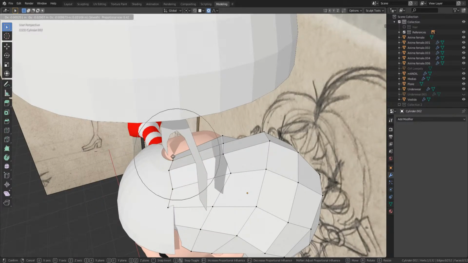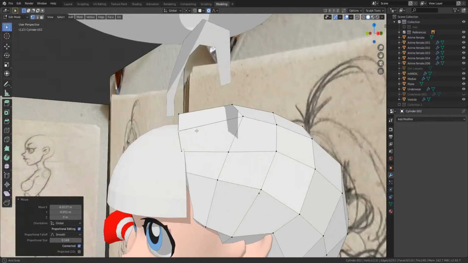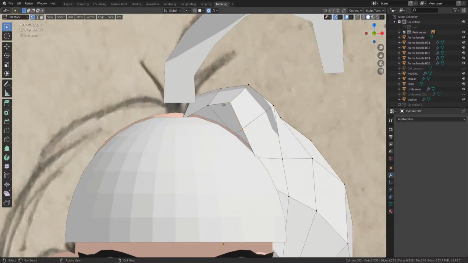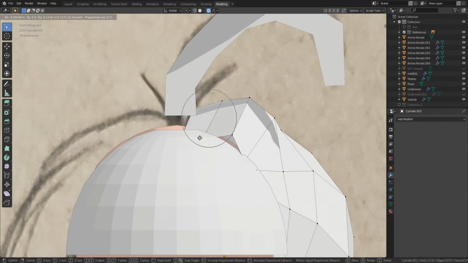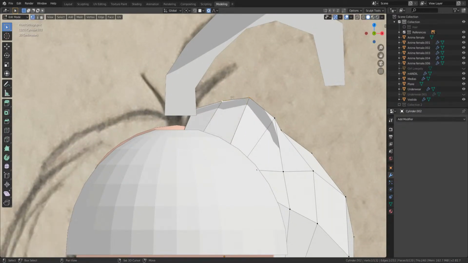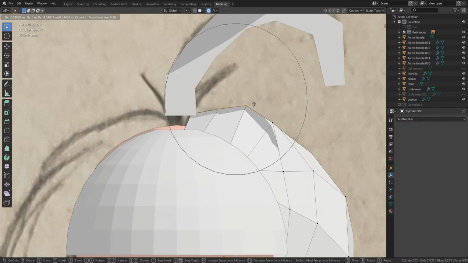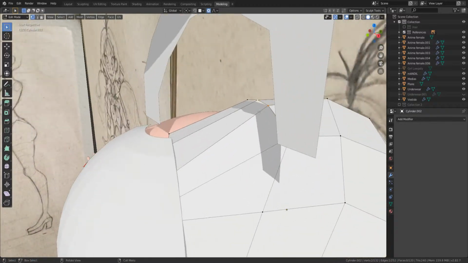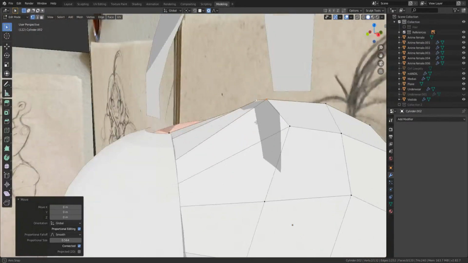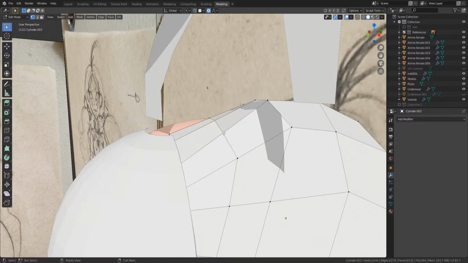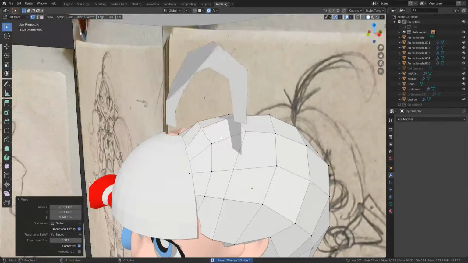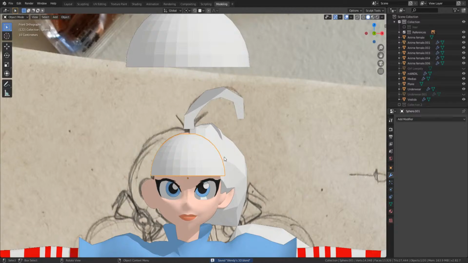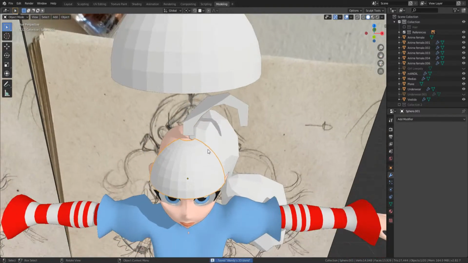The closer I get the shape to the final, the better, because this tool, now that I've been testing and using it, saves me a lot of time, because doing the hair one strand at a time is just ridiculously time consuming. So just to see what I'm talking about with this tool, if I select this piece of geometry, I